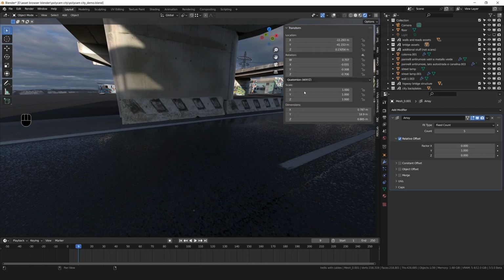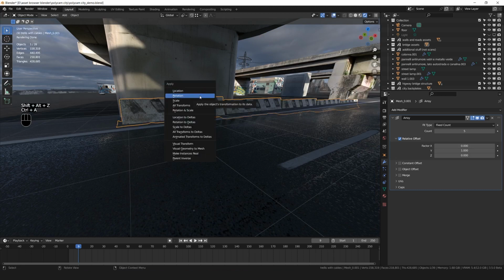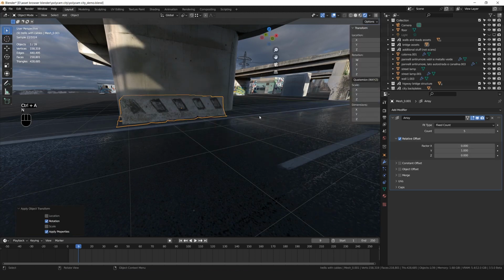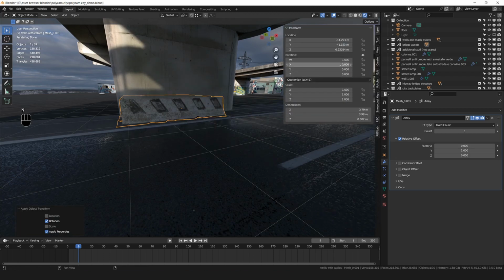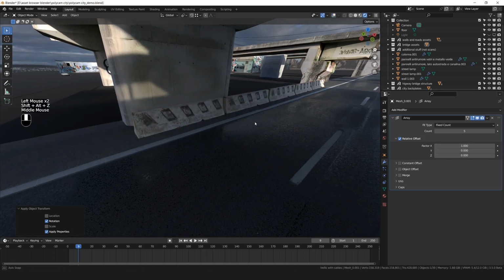It's not really 0. So what you can do is, with this object selected, press Ctrl A and apply rotation. This should put all the rotation values to the default value of 0, 0, 0 and the W on 1. So what does it mean? It means that we have to adjust the array modifier. This is going to be on 0, probably this is going to be on 1,